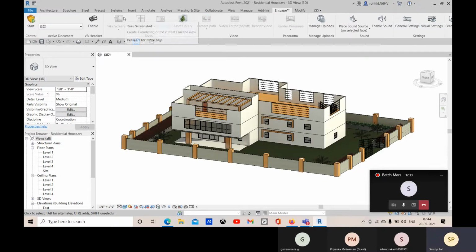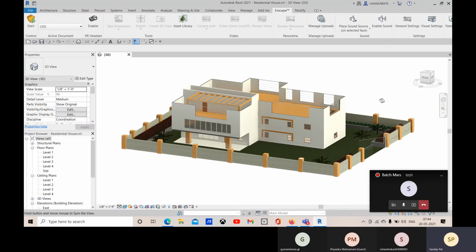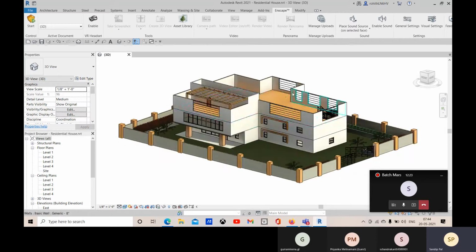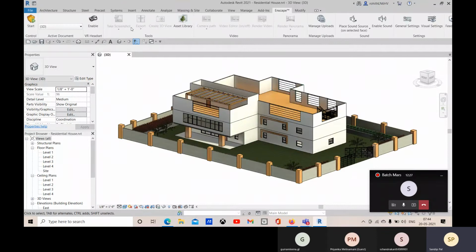Right now, you see that these options are grayed out or deactivated. So you need to start within Revit, then you can take the screenshot, render the video or render the panorama.